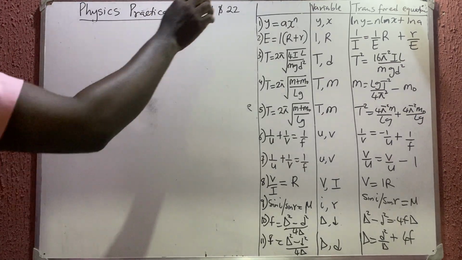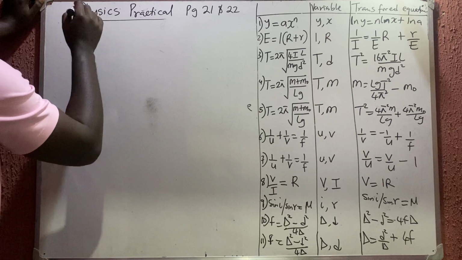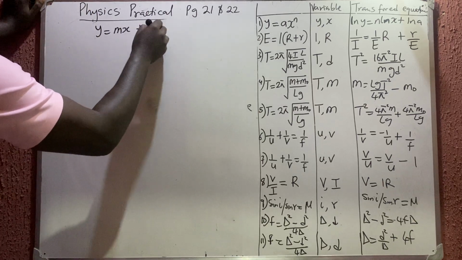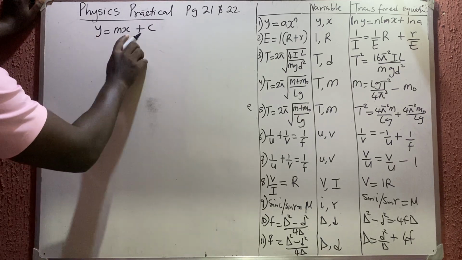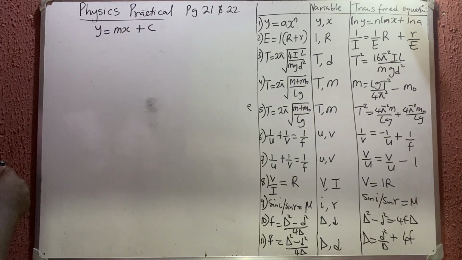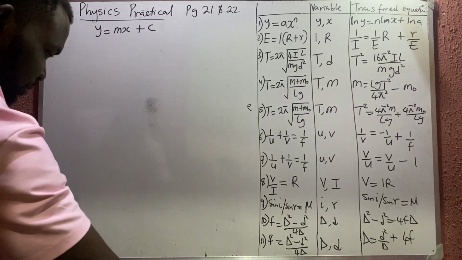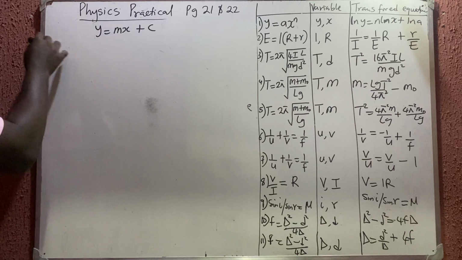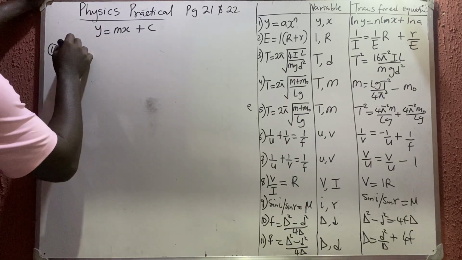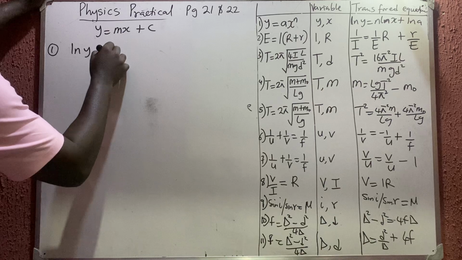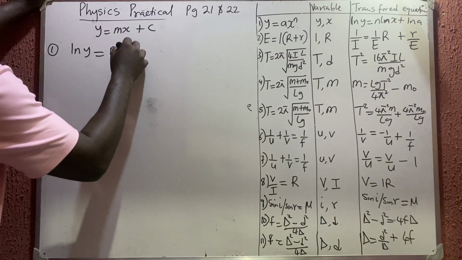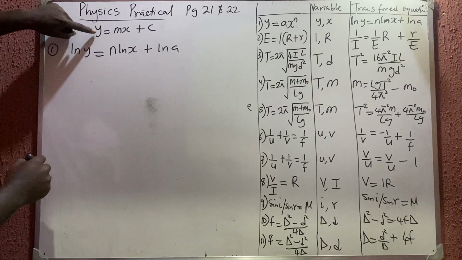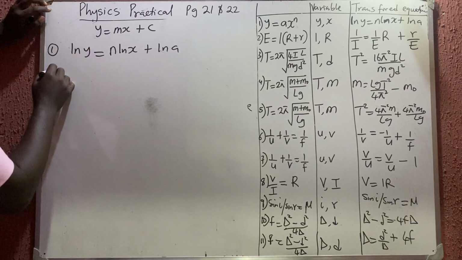Now from the first one, we are comparing everything to the equation of a straight line. We say that y is equal to mx plus c, where y is the y equivalent, x is the x equivalent, your slope is m, and the intercept is c. So for question number one, the transformed equation is ln y is equal to n ln x plus ln a. Now if you compare this to this, you see that the y equivalent here,